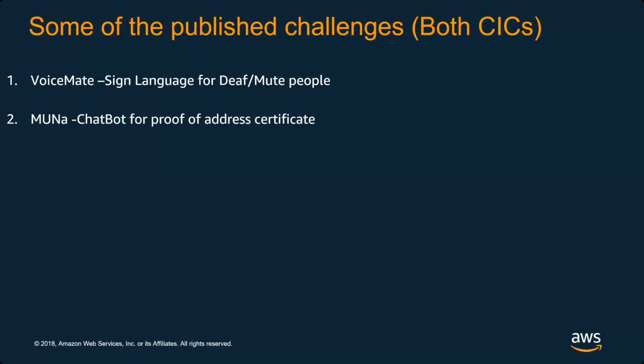And this one, MUN, they came to us during COVID. The Ministry of Municipalities came to us and said there is a document that people should acquire in Bahrain, which is called proof of address certificate. And that was physically, you need to bring the documents, pay online, takes 3 to 4 days. We did for them a real-time AI-based solution, because that was a problem for them. We did an AI solution through chatbot. You can upload the documents through AI, you can detect them, and you can do the payment, and then you can extract it. We have a video for that. Each one of them, we have a video and code, and it's published, GitHub code, all of that.